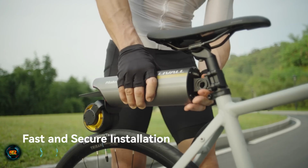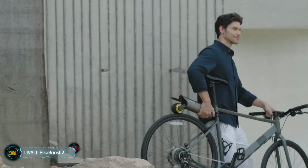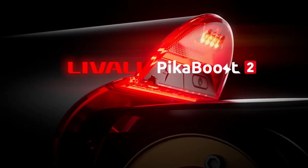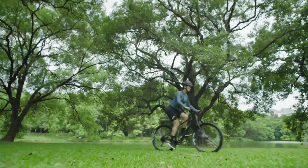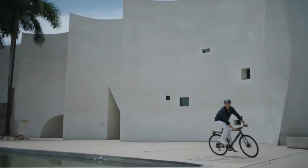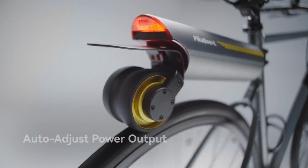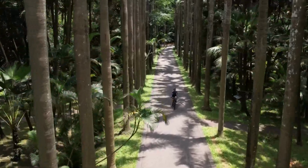The LIVALL PikaBoost 2 is a cutting-edge e-bike conversion kit designed to effortlessly transform a standard bicycle into an electric one. Compact and easy to install, it offers a plug-and-play experience with minimal tools required. The kit includes a lightweight motorized hub, a rechargeable battery, and smart sensors that provide smooth power assistance based on riding conditions. With multiple riding modes such as Eco and Sport, it adapts to both casual commutes and more demanding